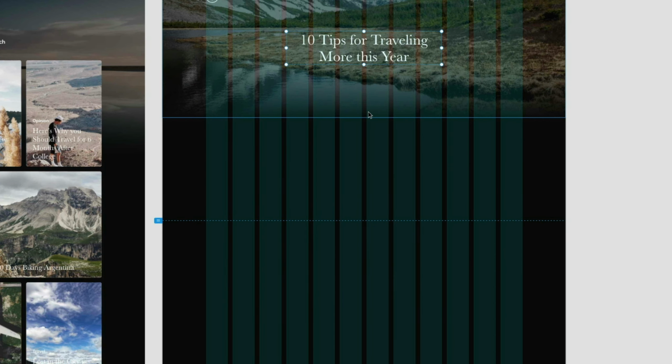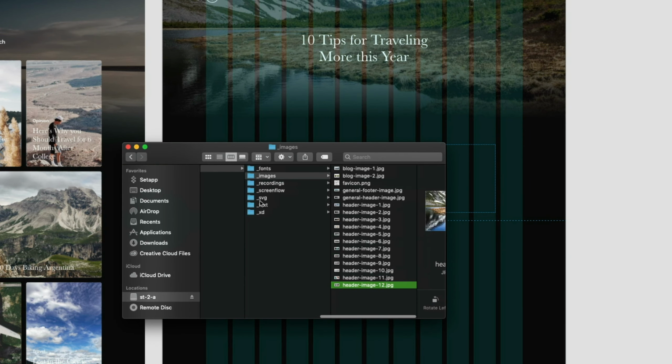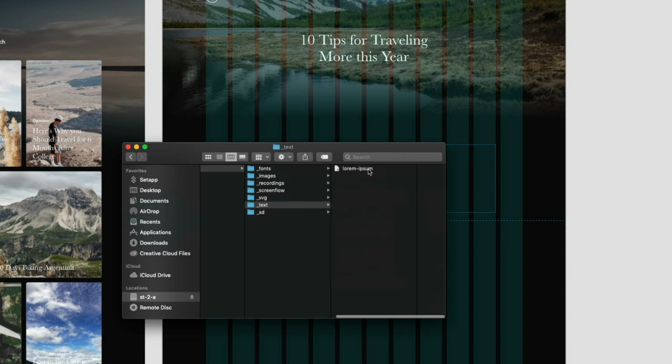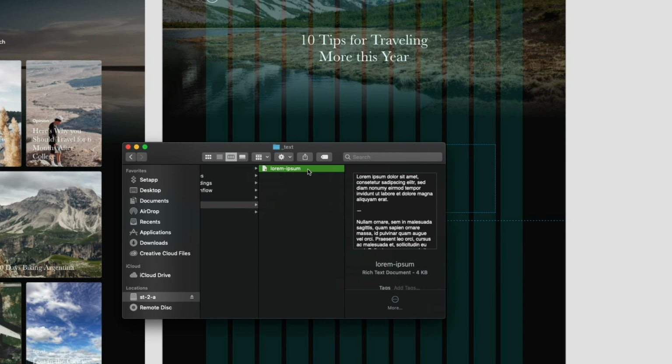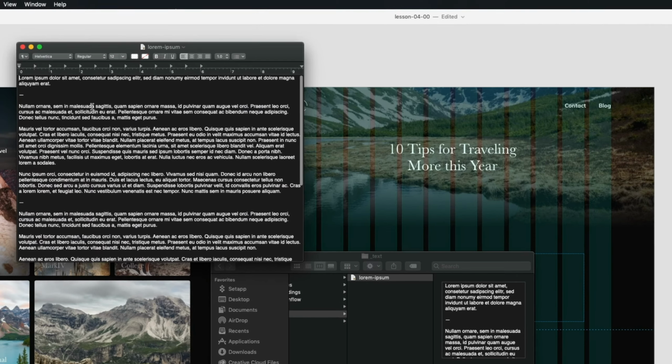Then what I can do is hit T to bring up the text tool. I can click and drag to create a text box, and I'm going to do a 10 wide and leave the margin here on the left and right column. And then actually, before I write or paste anything, let's go back into the course files, into the text file that I gave you guys for the lorem ipsum filler text. So let's just open this up. I'm going to copy this first paragraph here. So Command C,